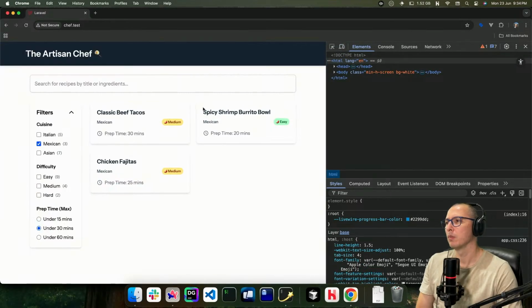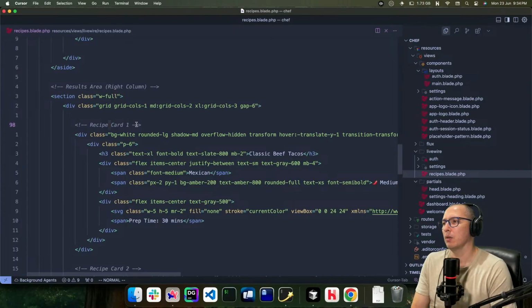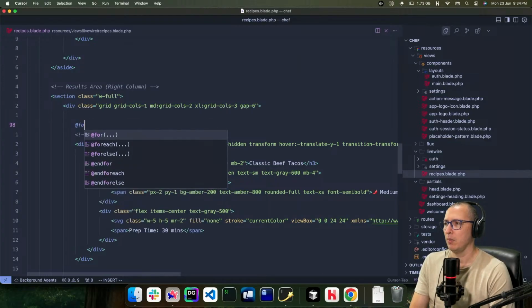Okay. And then this is a grid. Grid cols 1, grid cols 2, grid cols 3, gap 6. All right. On the card, I think we can put in a foreach.